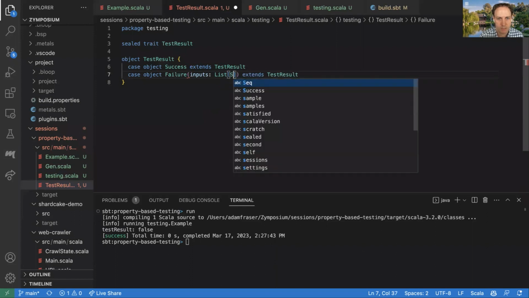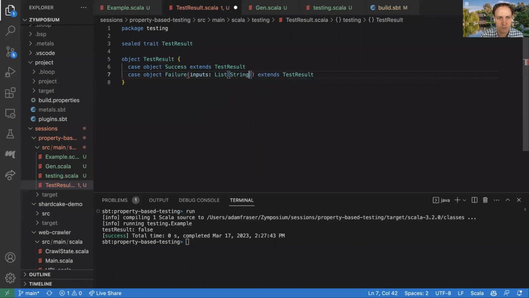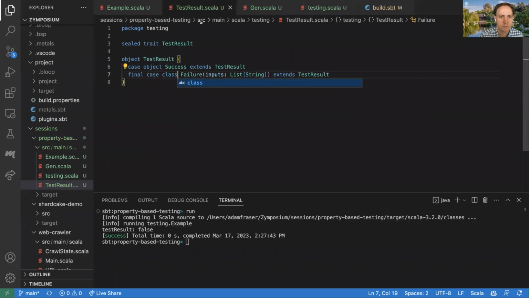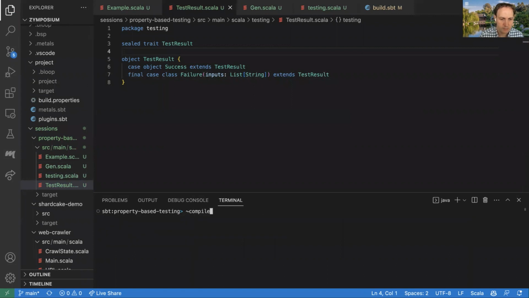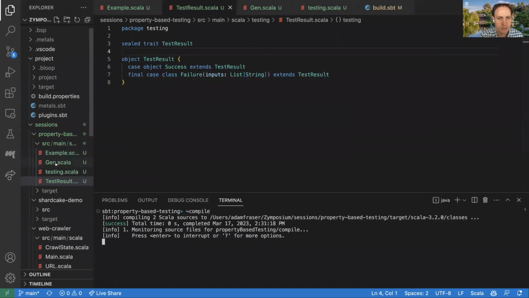So maybe this is going to be just a list of strings initially, so that when this test fails, we get some reporting on what those were. So if we've got that, then